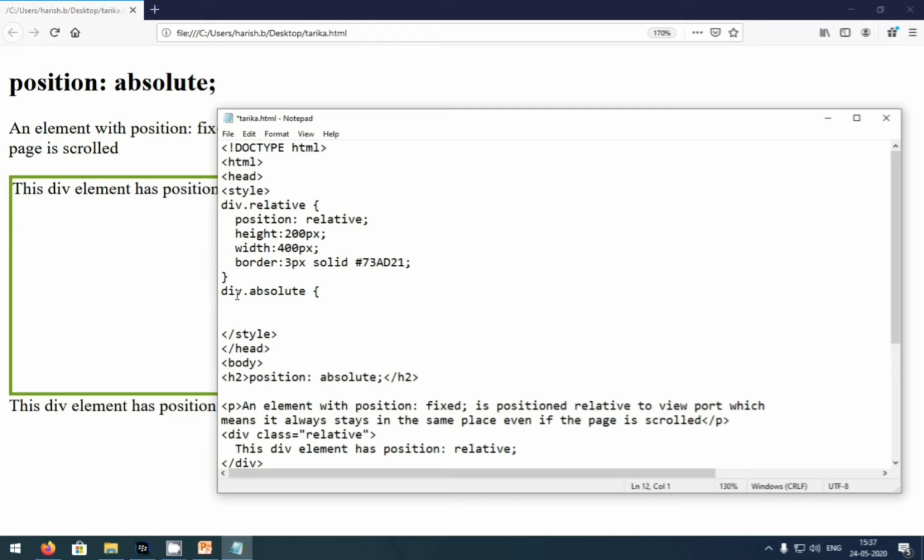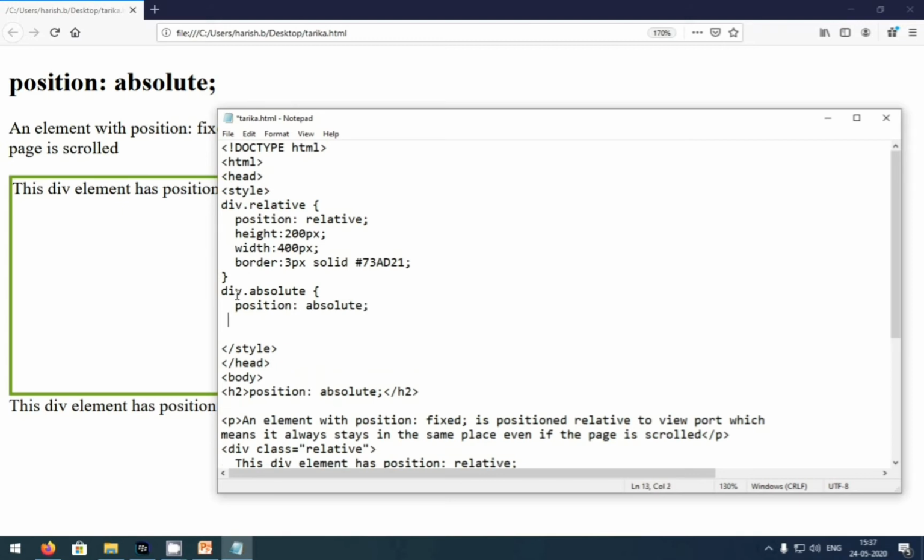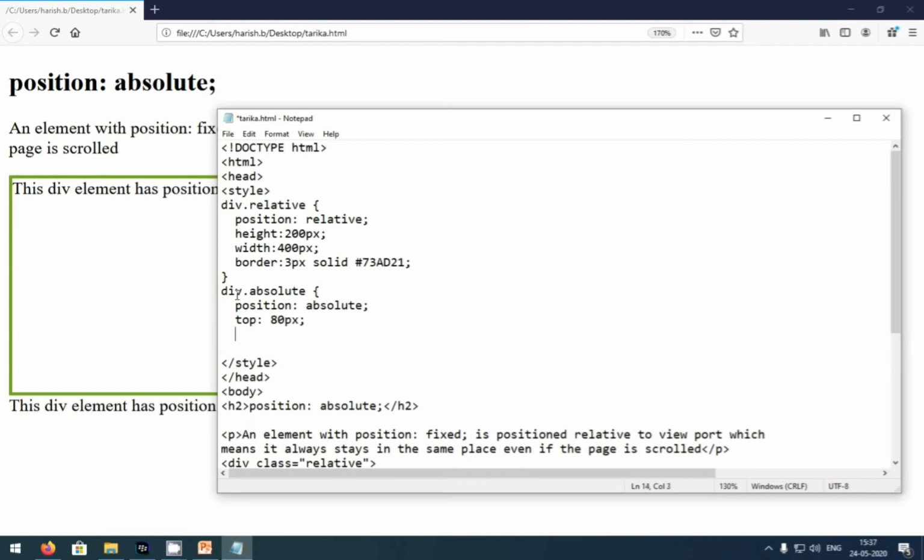After the declaration I'm going to write position absolute, and after position absolute I'm going to write top like 80 pixels. After top I'm going to write right 0, because it will take the default right automatically. So 0.